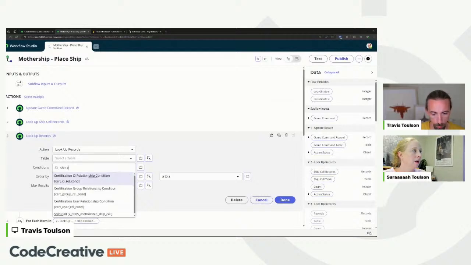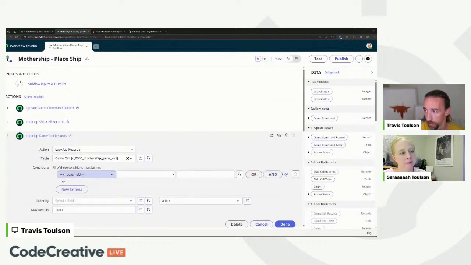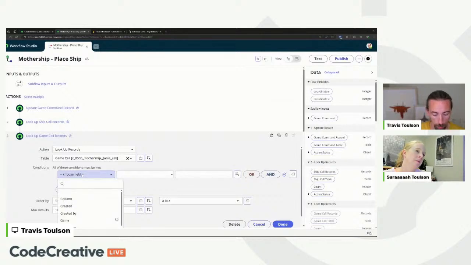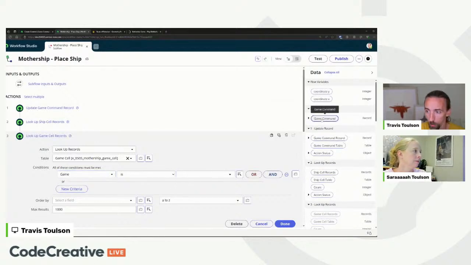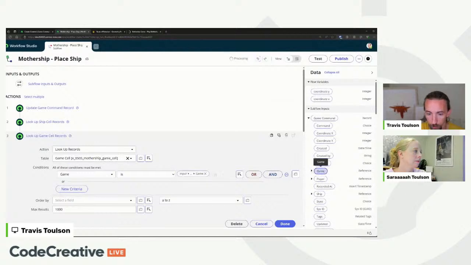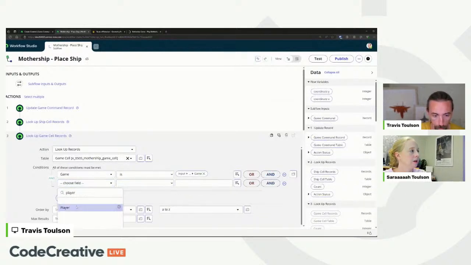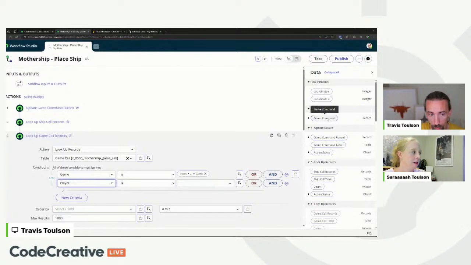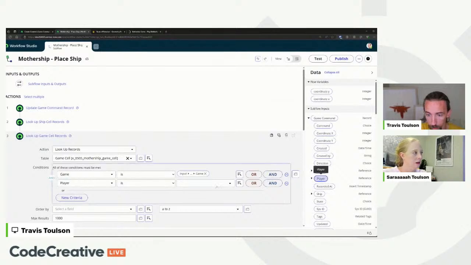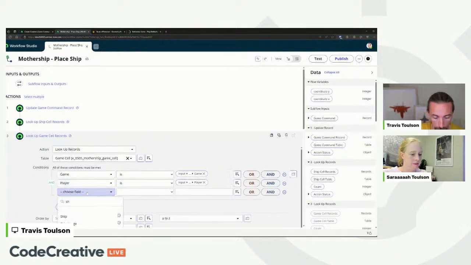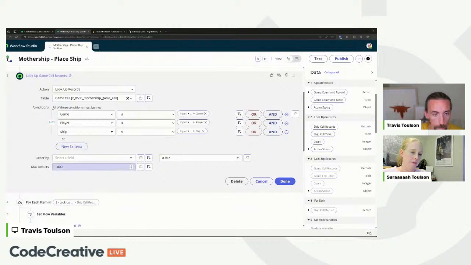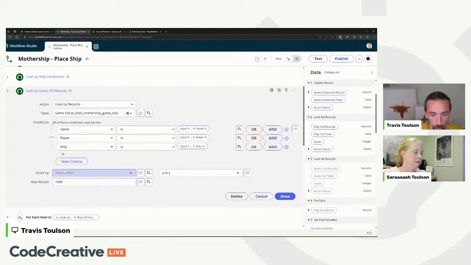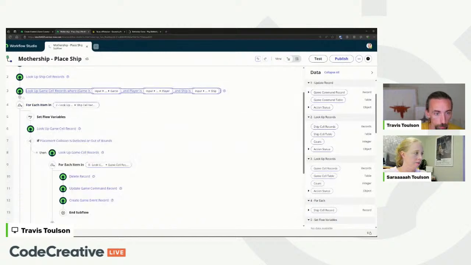Let's see. I need to look up game cell records, because this ship may already be placed, and we can't place it twice. You could move it though, right? Correct. So if this game and player is this player, and ship is the ship we're placing, order doesn't matter, then